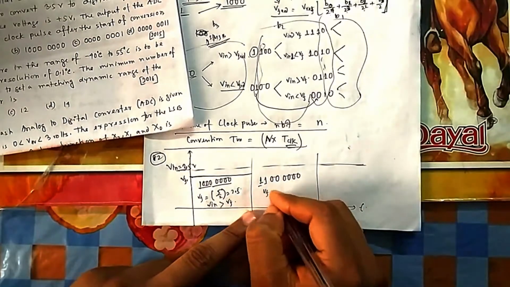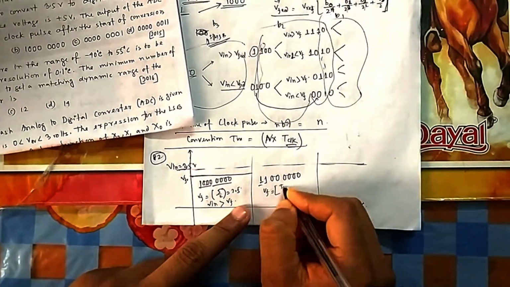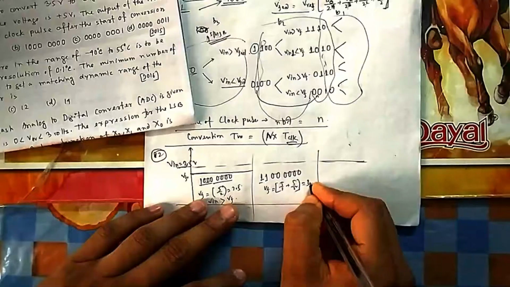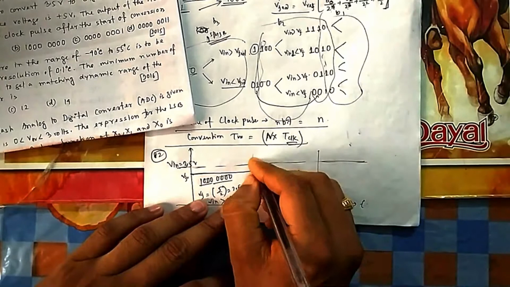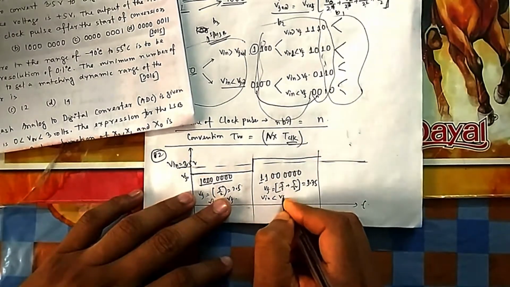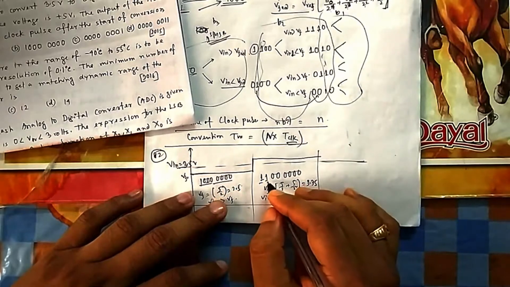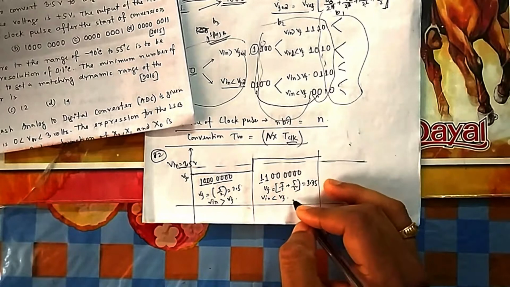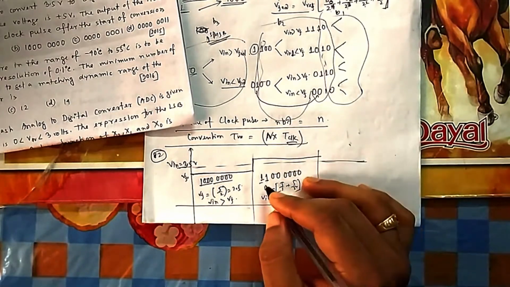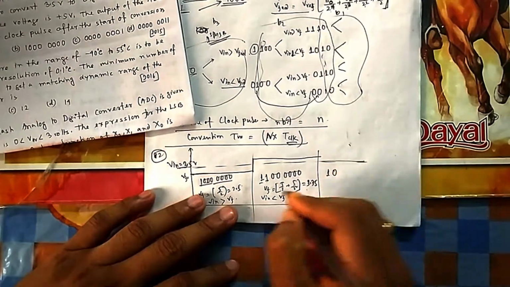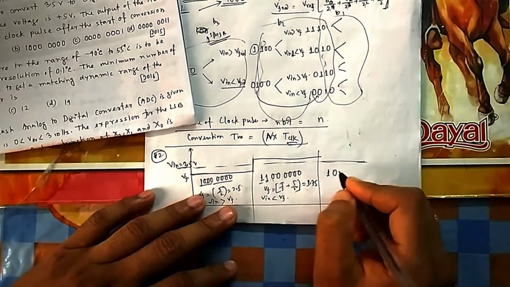Now what will be V feedback here? It will be 5 by 2 plus 5 by 2 square, which is equal to 3.75, so it will go above V in. Because it is going above, V in is less than V feedback. So this bit will not be kept as 1. Now because V feedback is higher and V in is lower, we will make this one less, which means we will make it 0 again, and then we will make the next bit 1.